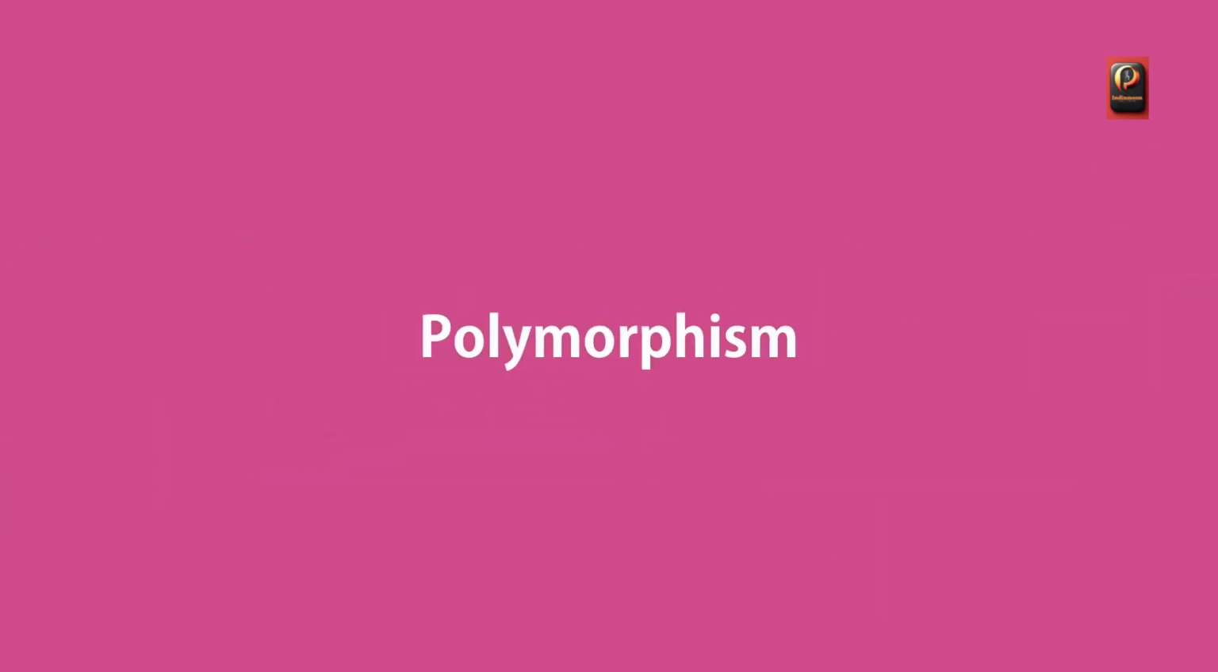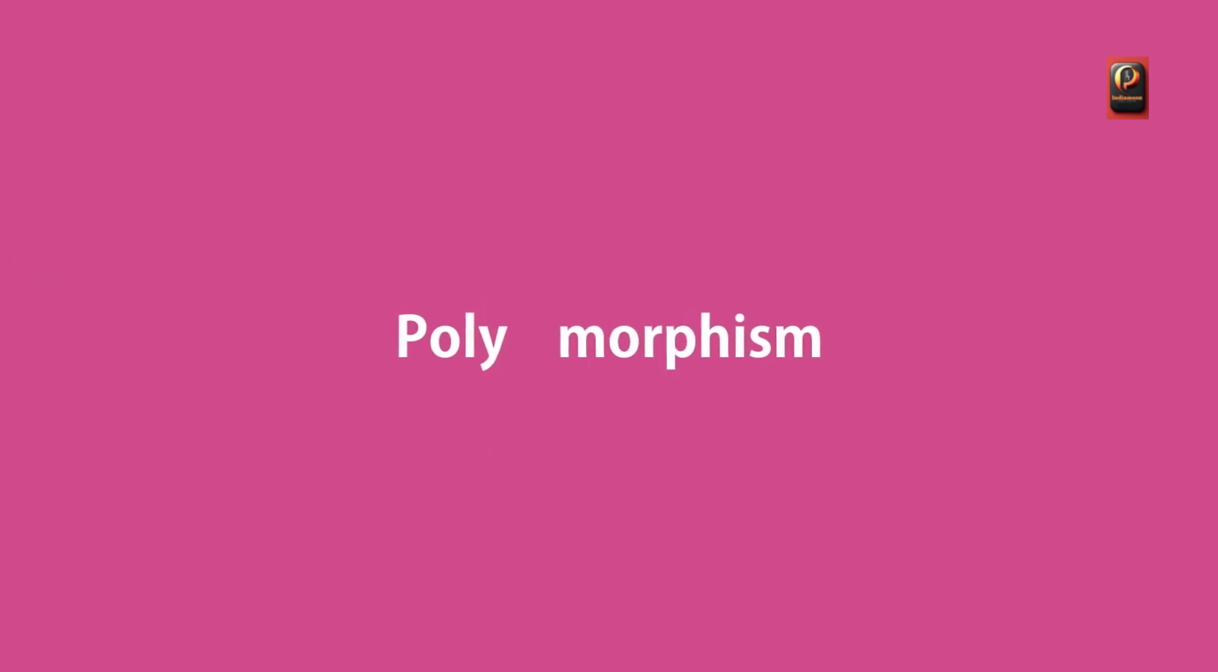And finally, polymorphism. Poly means many, morph means form. So polymorphism means many forms. In object-oriented programming,